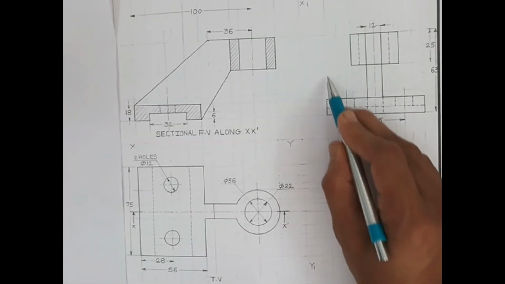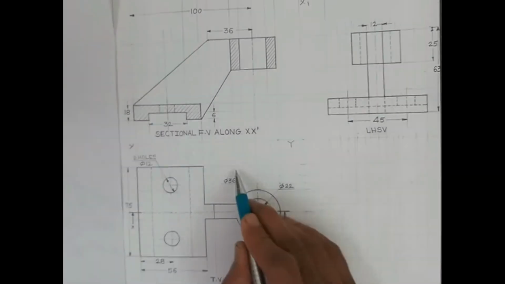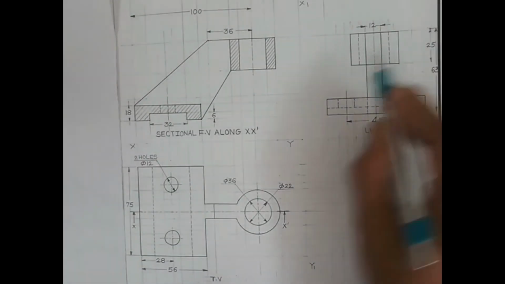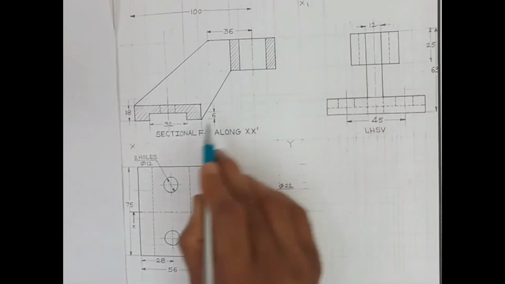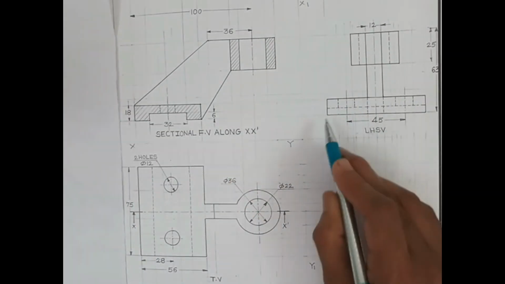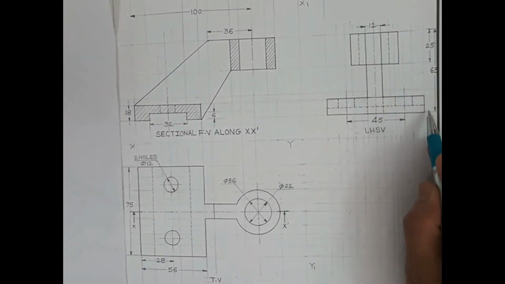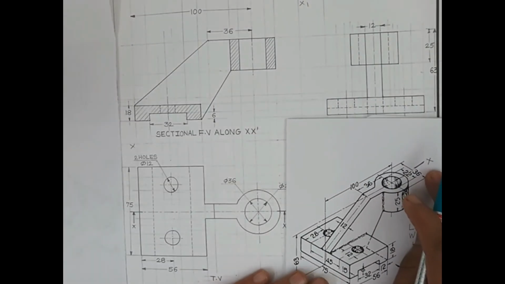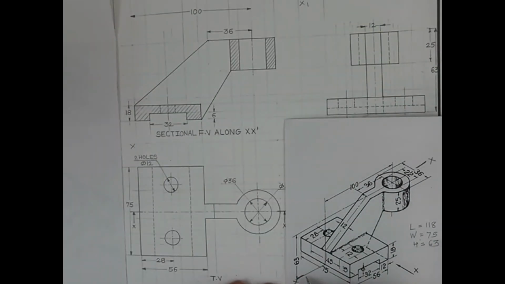Now here within this rectangle, as we see here, this outermost projector, this outermost projector, then this projector outermost for front view and this outermost for front view, we have to construct this left hand side view. Now for left hand side view, let us think of this object. As we are going to look this side, from this side we have to look at the object.